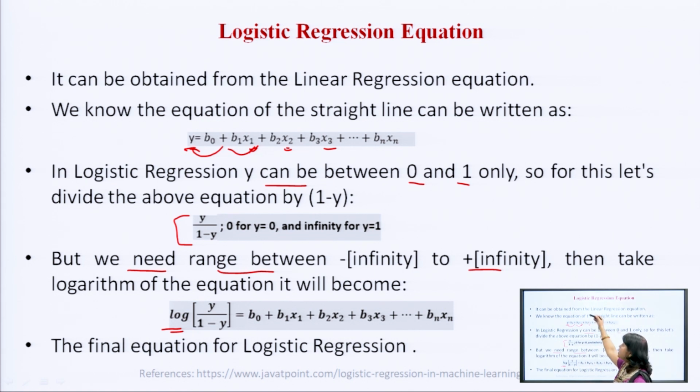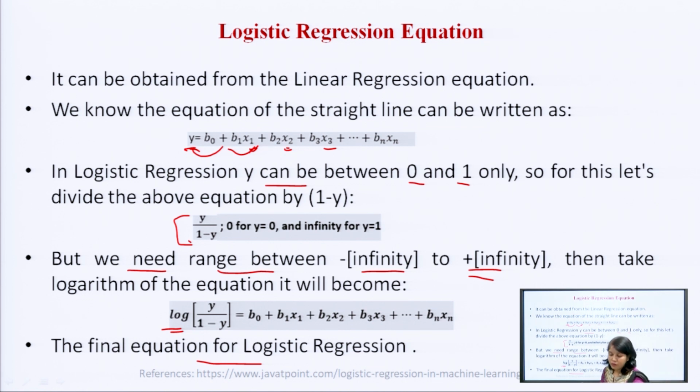Linear regression can also be applied, but linear regression just gives the output in a continuous manner, while in logistic regression you have to take only 2 values, you have to give your answer in terms of 2 values only, categorical in nature, right? So you will find y, and you will take the logarithm over the infinite range of values, and this is the final equation of the logistic regression.